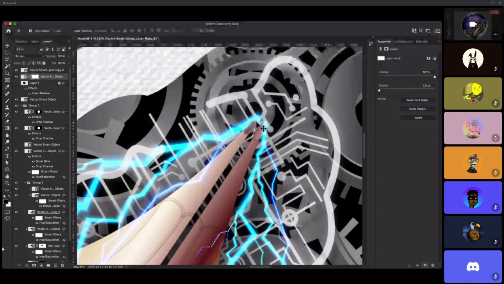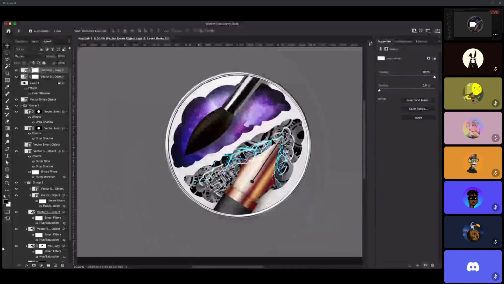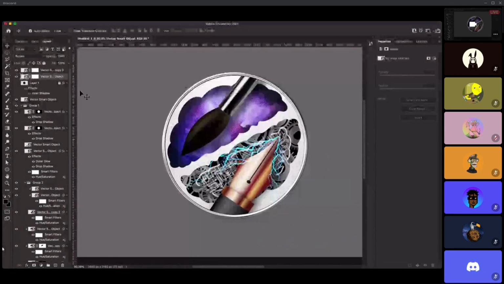Now, because of this small shape, it feels like it's being radiated out from the nib. The same has to be done here. So I simply create another layer. I mask this portion out a bit. Small things, but they go a long way. So just so that it feels more natural. And now this suddenly starts to feel better. Other thing I'll do is to add a bit of glowing, further glowing, but that is not needed right now.